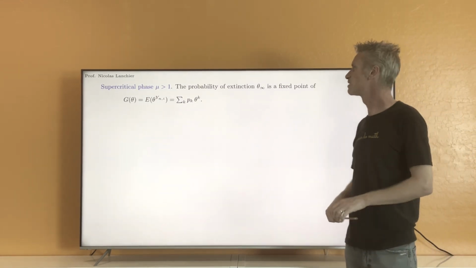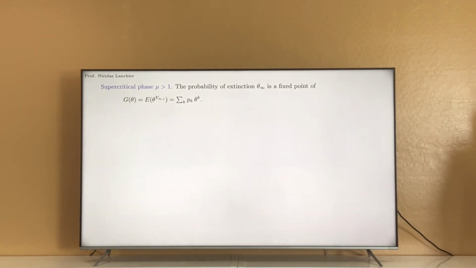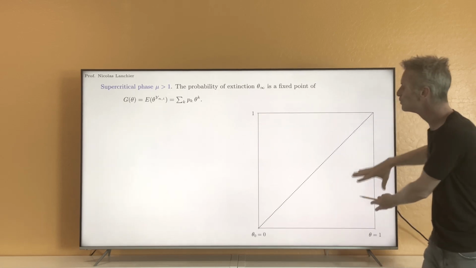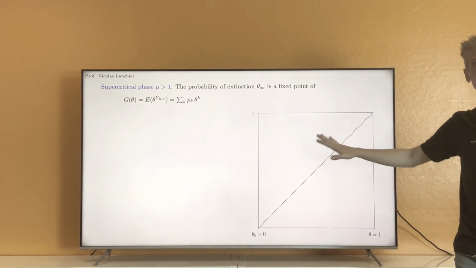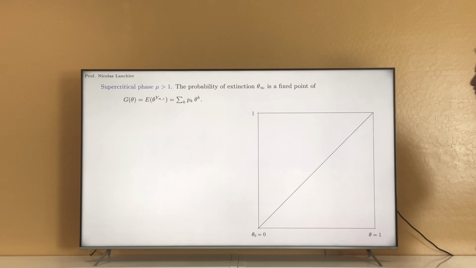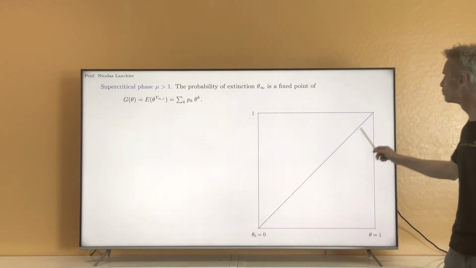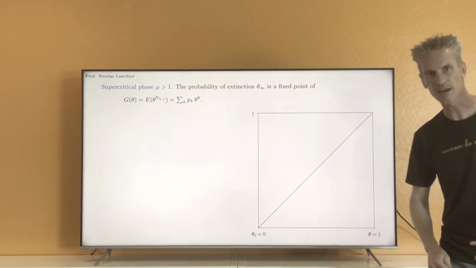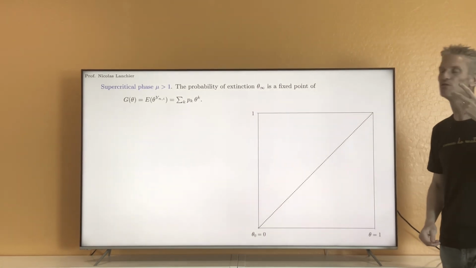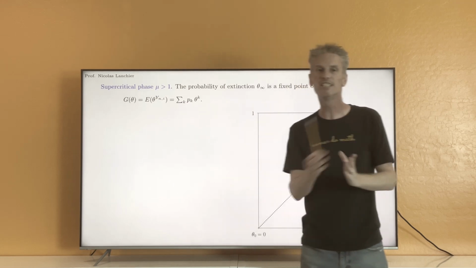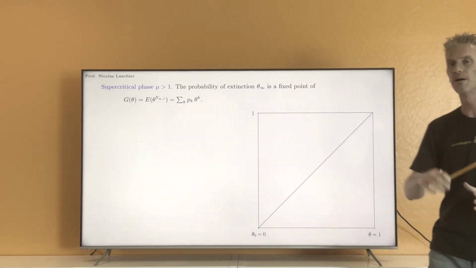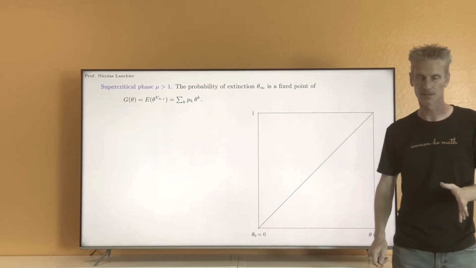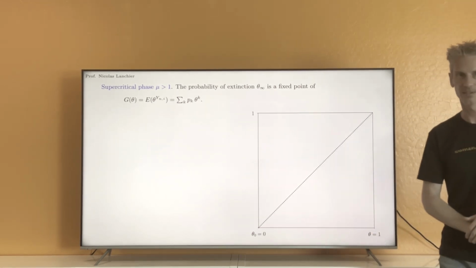Okay? So we only need to understand the graph of the function on this interval, and we know that the graph is going to be somewhere in this unit square. In this picture, I also draw the diagonal, the straight line with equation x equals y, because geometrically the way you find the fixed point is by looking at the points where the graph of your function is going to intersect this straight line. Okay, that's why I have this straight line.